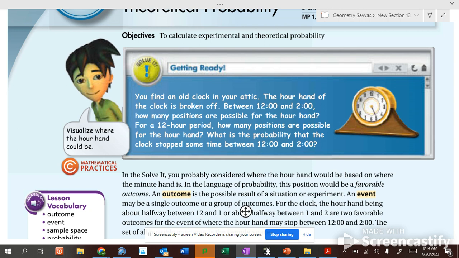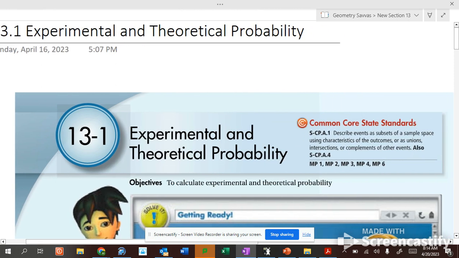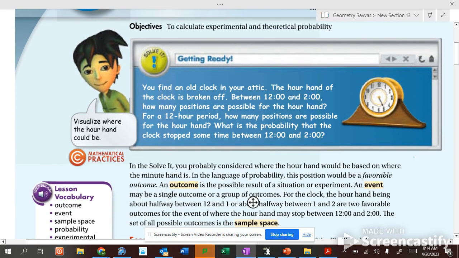All right. So how many numbers are there in the clock? 12. There's 12 numbers on the clock. How many numbers does it take to go from 12 to 2? 2 numbers. So there's a 2 out of 12 or 1 out of 6 chance that it stops somewhere in between the 12 and the 2. Okay? Now,